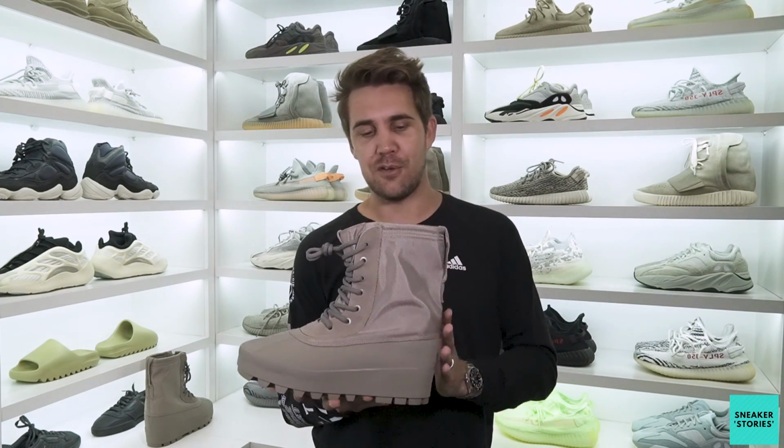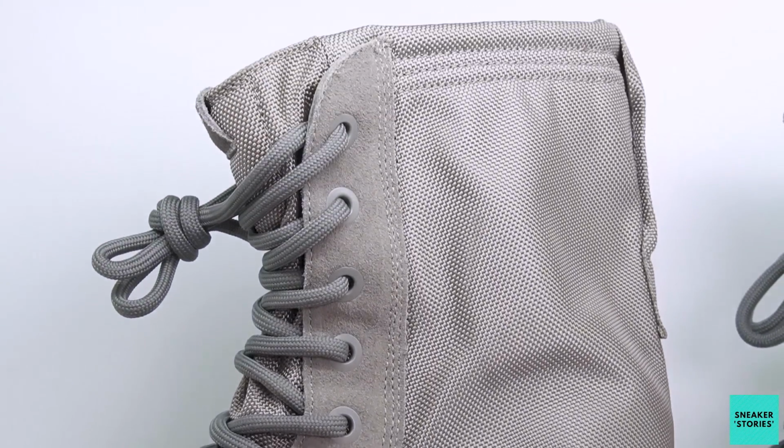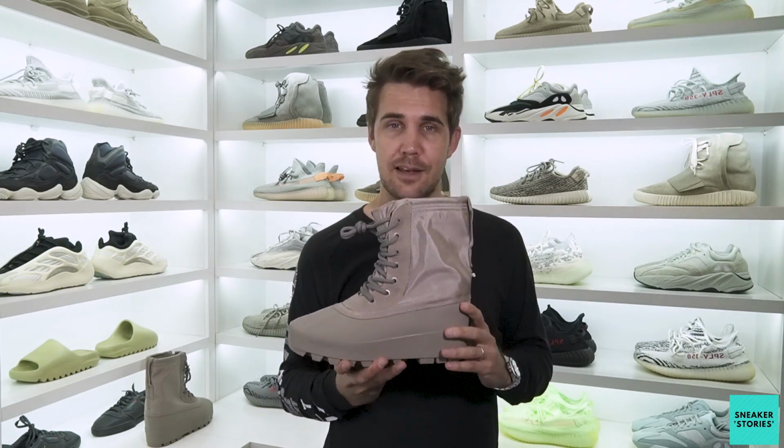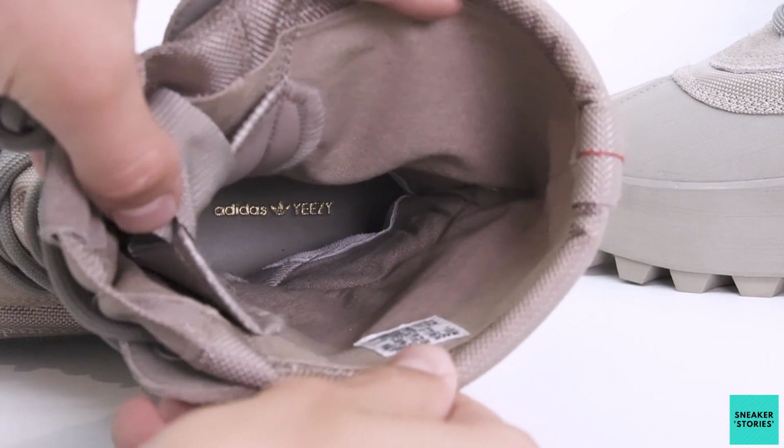The 950 itself features this awesome Teflon upper over here, this crazy rubber mid and outsole. Really nothing is getting through the shoe. It's got some beautiful detailing on the inside of it, including a leather insole with gold Adidas and Yeezy branding foiled onto the heel. And following on from the 950s, in October 2016, we saw the birth of the 350